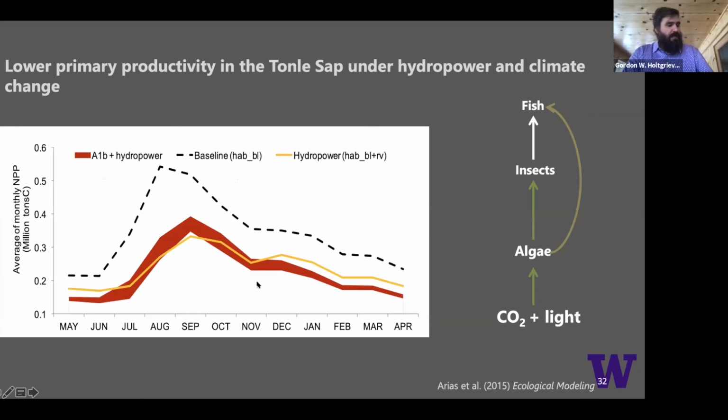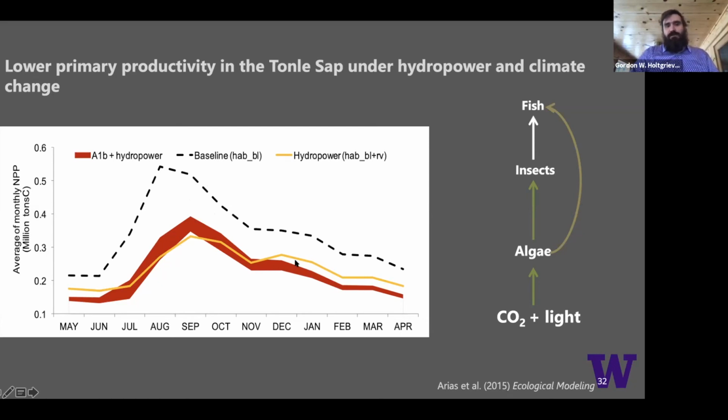Okay, so I just got a couple more. One of the things we show here is the amount of algae produced in the lake through a normal season. It's predicting the net primary productivity. So you can think of this as the amount of algae being produced, which is also what has those good fats in it, right? Those high quality lipids. Under the current baseline scenario, we have most of our production in this July through August, September, October period. But under